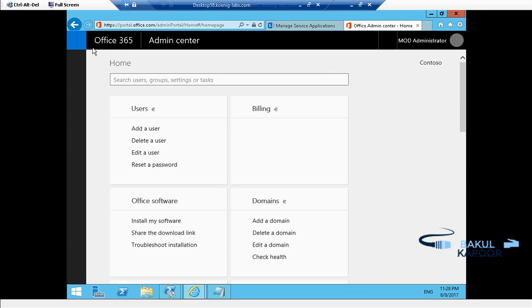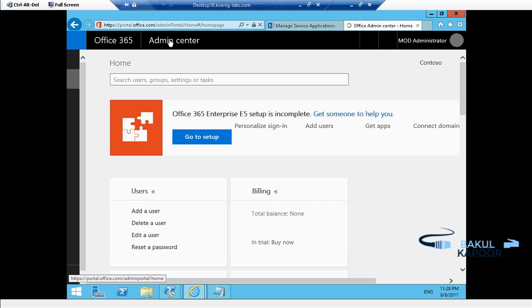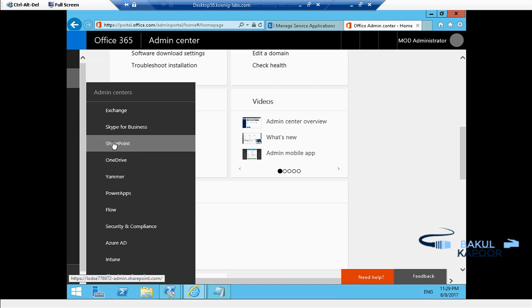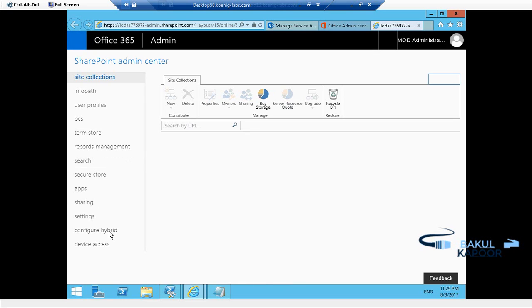Once you have logged in, click on Admin Center and then choose SharePoint. Click on SharePoint, and then we'll go ahead and use the hybrid picker tool so that it can connect both the on-premise site and my Office 365. Okay, and below you can see Configure hybrid. Click on Configure hybrid